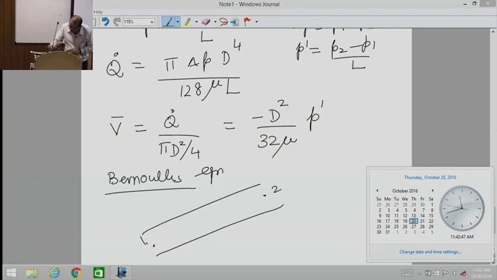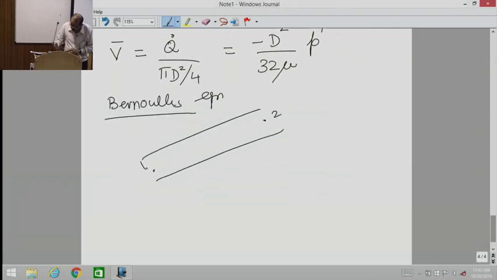Let's write Bernoulli's equation between 1 and 2. Well, again we'll realize because the flow is not one, it's changing with Z, we cannot write Bernoulli's equation, so we use some sort of engineering versions of this. So what we get is P1 by rho g plus